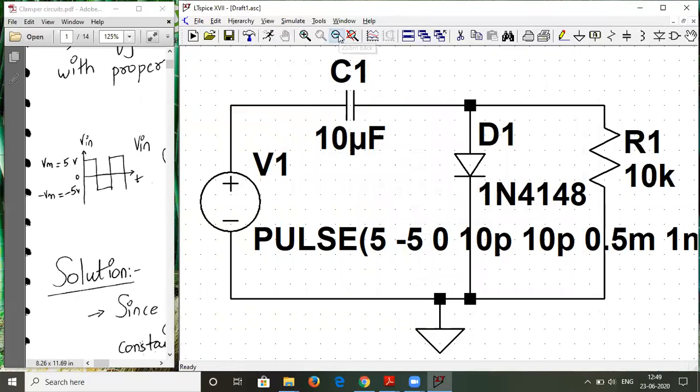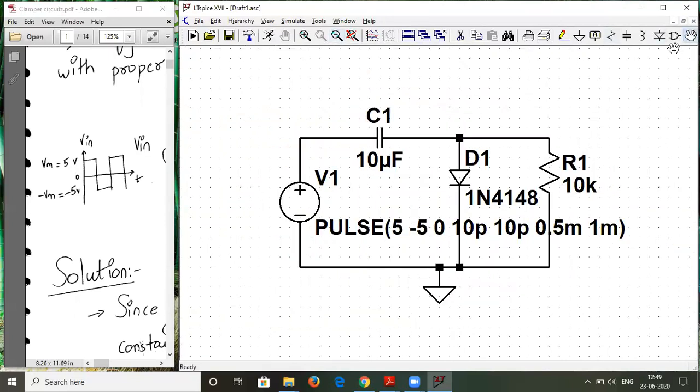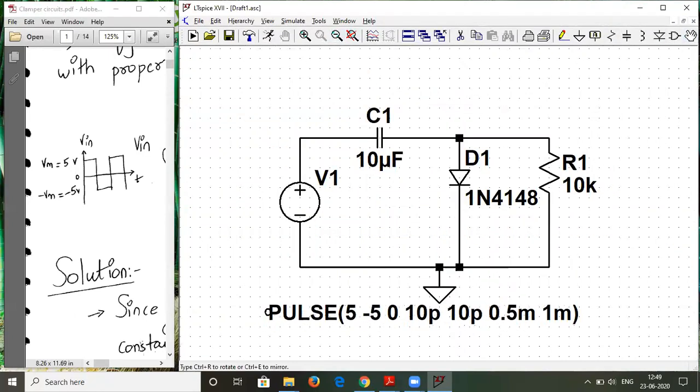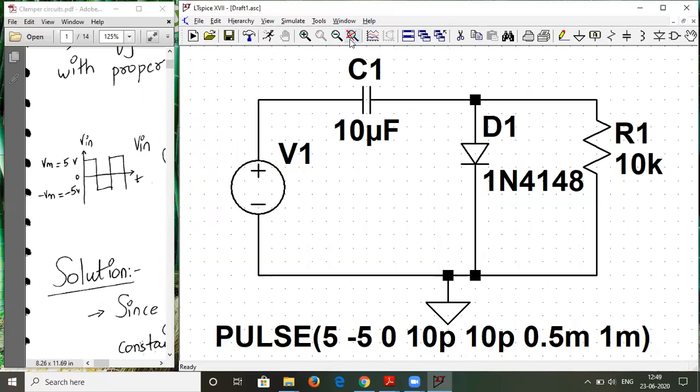So let me see. Yeah. You can just put this a little down, so that you have simplicity in the diagram. And let me label the input and the output now. So I'll label Vin, and similarly I can label Vout.